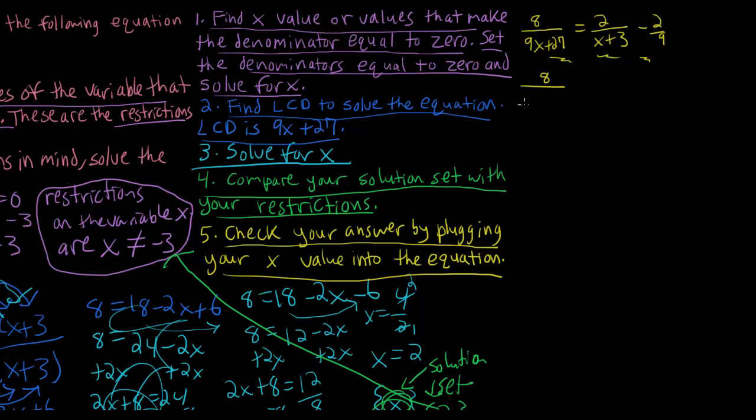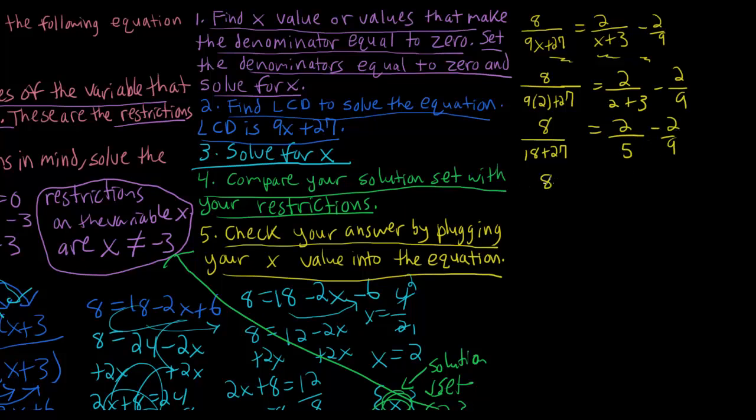So 8 over 9 times 2 plus 27 equals 2 over 2 plus 3 minus 2 over 9. So you have 8 over 9 times 2 is 18 plus 27 equals 2 over 2 plus 3 is 5 minus 2 over 9. And then 8 over 18 plus 27 is 45